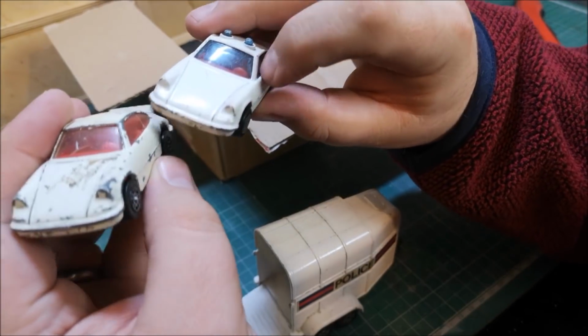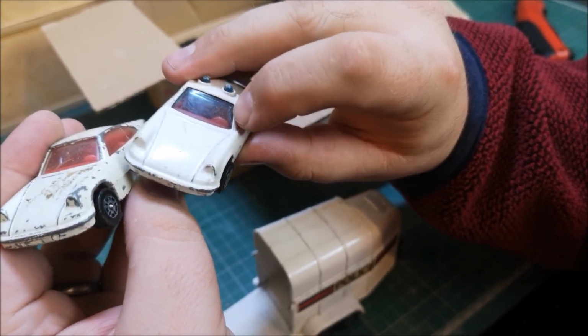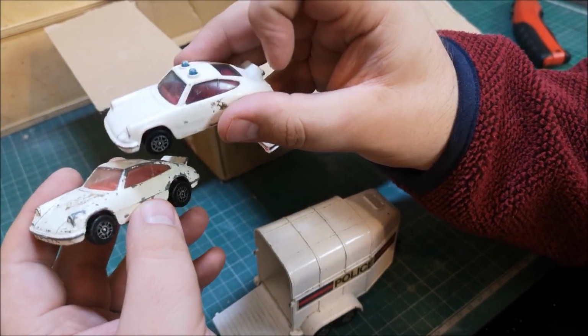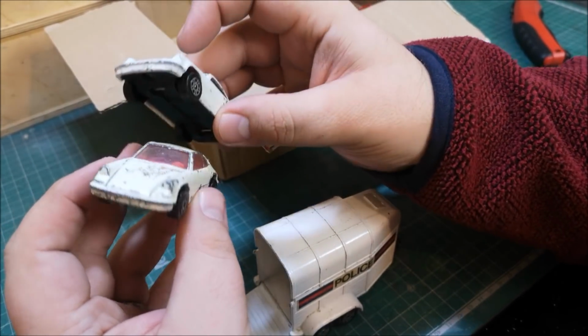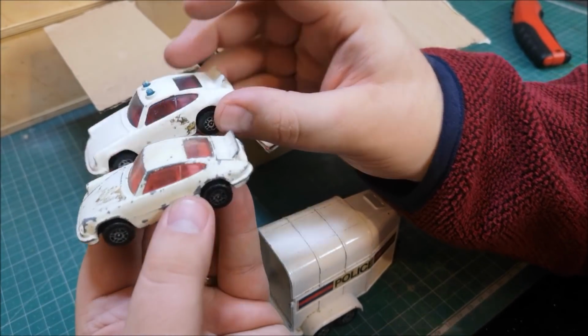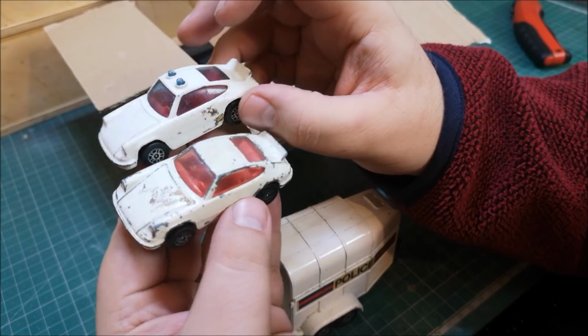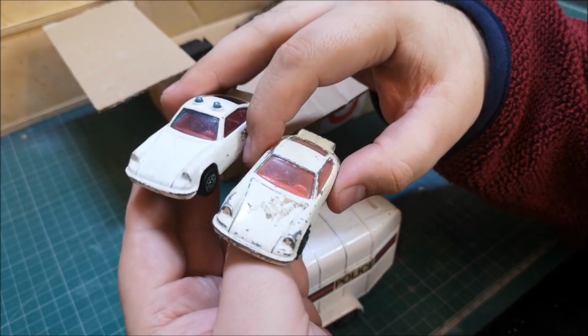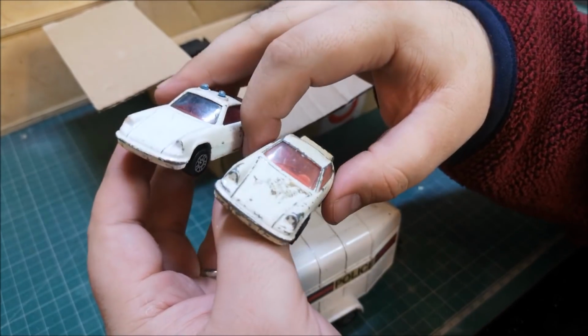Yeah, unfortunately it does have a bit of a crack here, which is a bit of a shame. I was wondering whether I could perhaps take one over to the other, but we need to keep a lookout for a good windscreen there to make a...